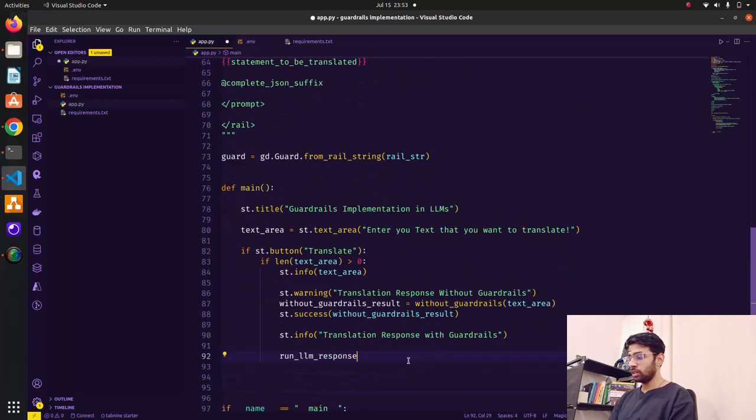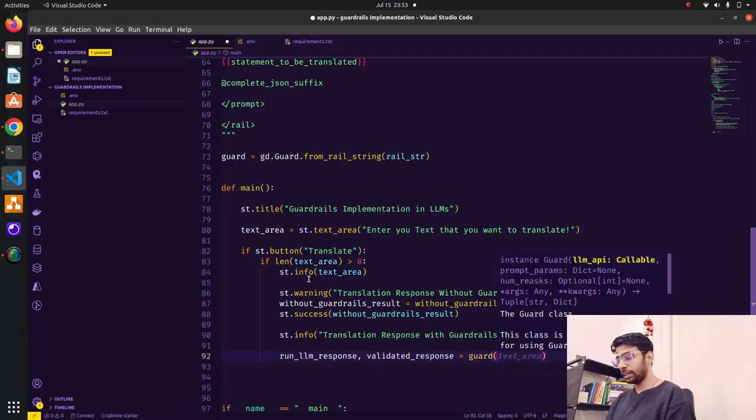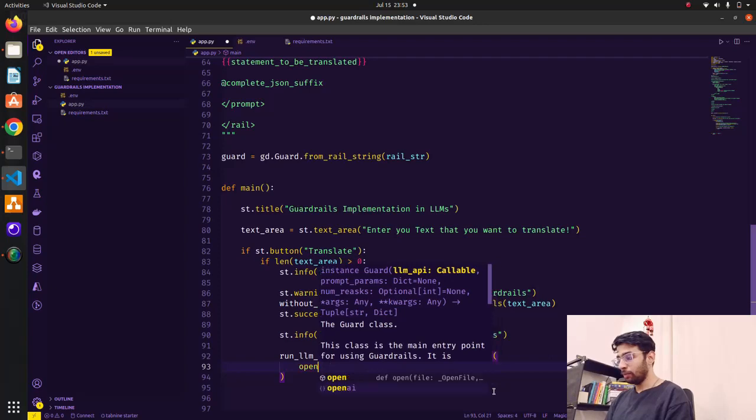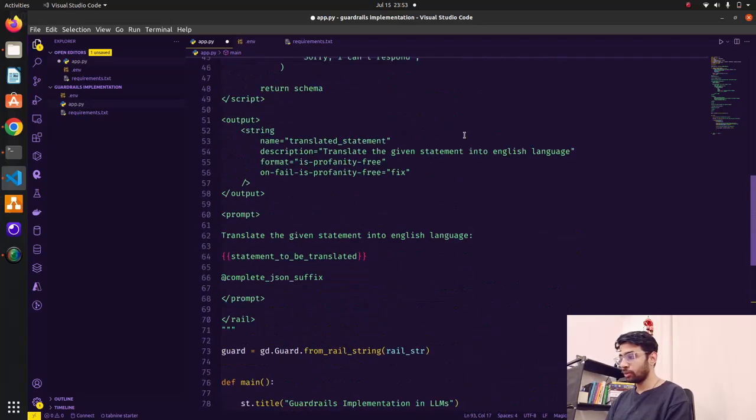So run LLM response and validated response. So you can also do validate. If you are doing it in terminal, you can track it down, run LLM response, validated response, and I'm just going to use guard, which has this variable, and inside this I'm going to pass my entire thingy here. So inside this guard, open AI dot, let me just use this code quickly, which I have written on top.